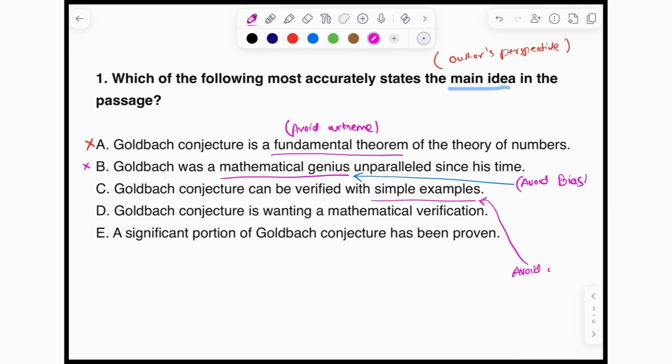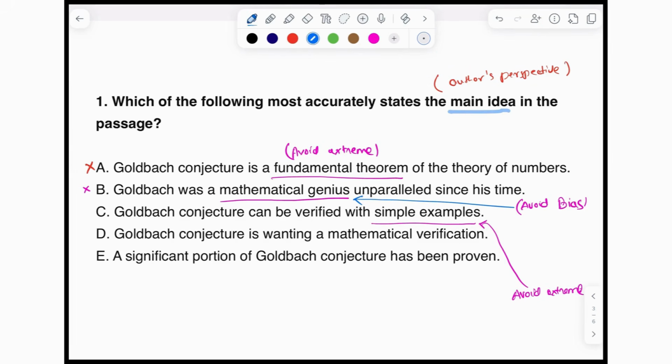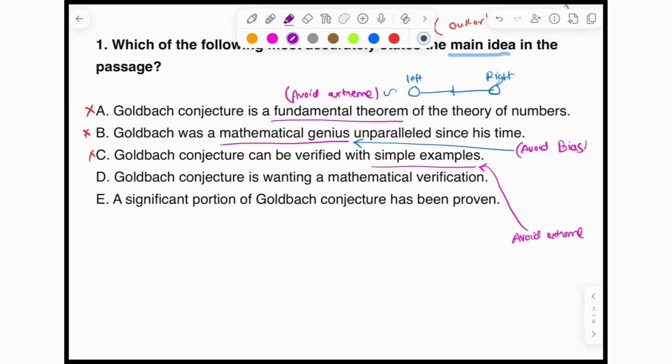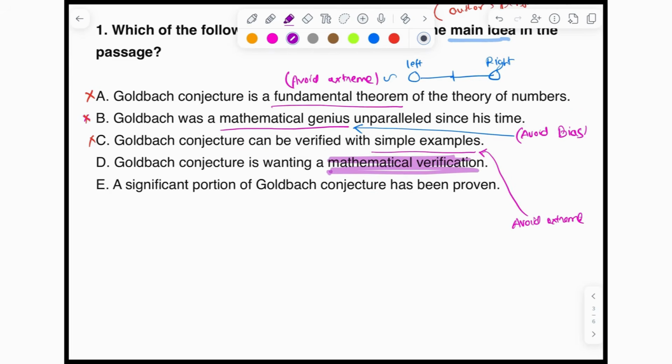Generally speaking, there are different elimination strategies, and the two most common strategies are avoiding bias and avoiding extreme situations. Extreme words are on the extreme left and on the extreme right. Here is option number 4. It is the same as what we have understood from the author's perspective. The author has clearly stated that he was only interested in seeing such mathematical attempts to prove or disprove the